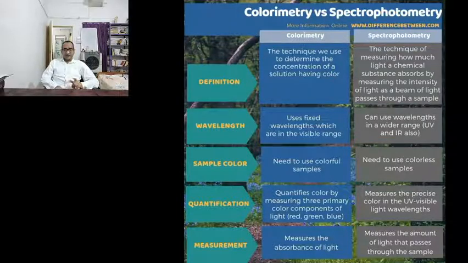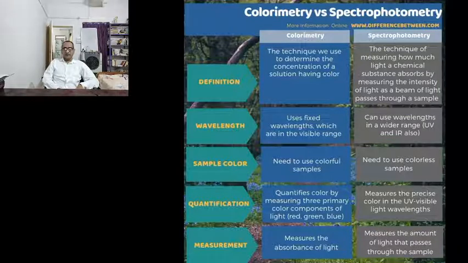But that is not possible in the colorimeter. The color intensity of the sample relates to the concentration of the substance in that sample. Therefore, that concentration can be determined by the extent of absorption of light at the given wavelength. I have already shown this in the figure that is being displayed. You can look into that.